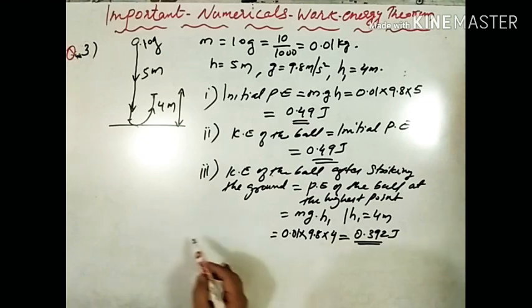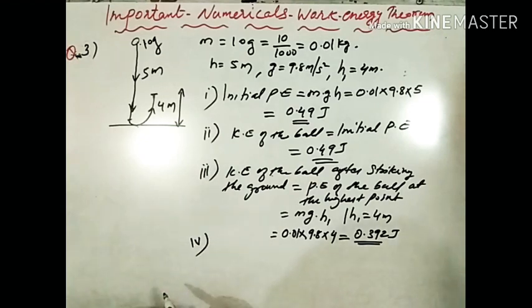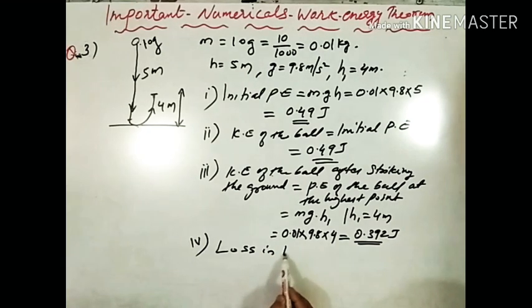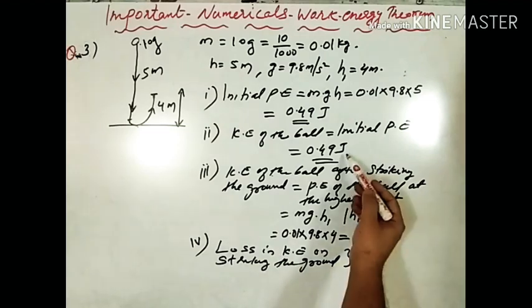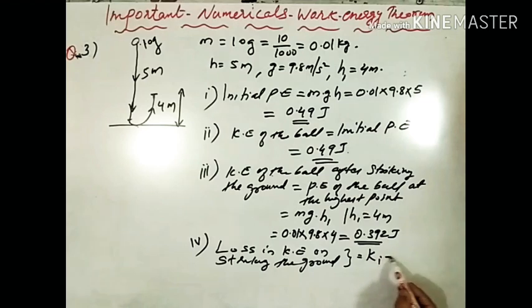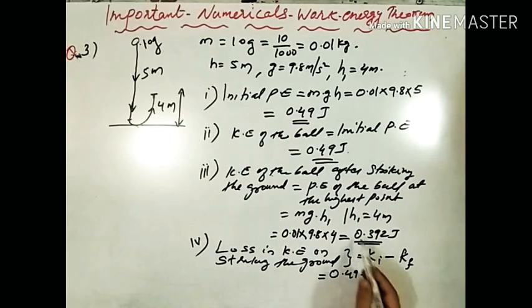And the last part, the fourth part: what is the loss in kinetic energy on striking the ground? So the loss in KE on striking the ground will be the difference between the initial kinetic energy and the final kinetic energy, K initial minus K final. What is the K initial value? 0.49 minus how much? Final